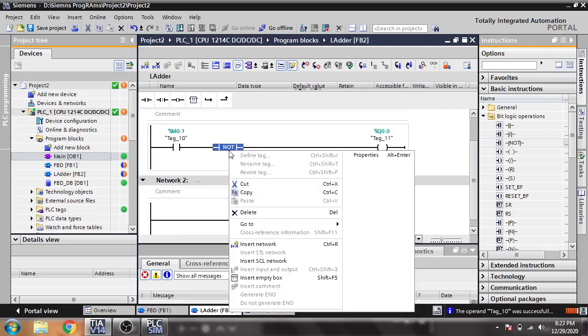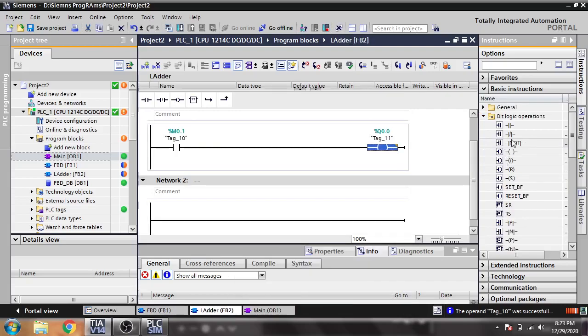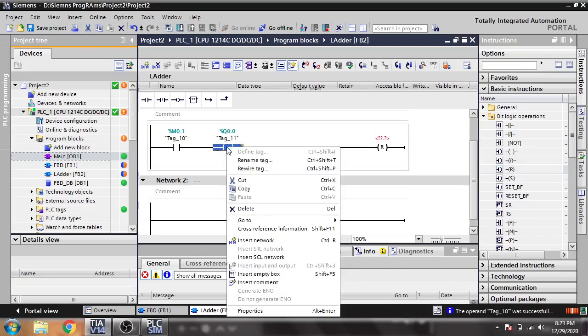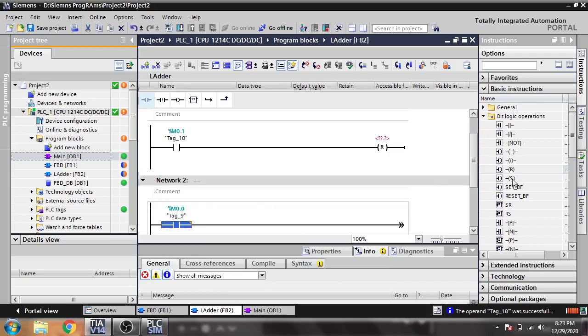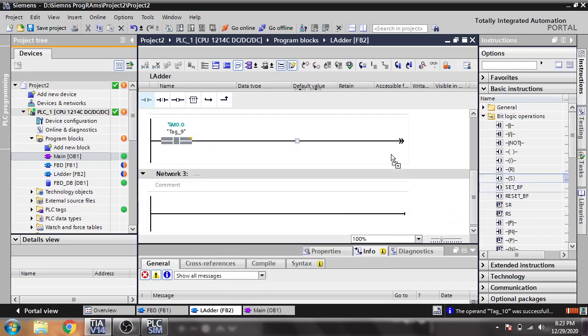So how I'm going to design it, you will see. First of all, I need to reset that, because M0.1 is the reset. I'm just placing it like that, and 0.0, and the set will be there, like that.